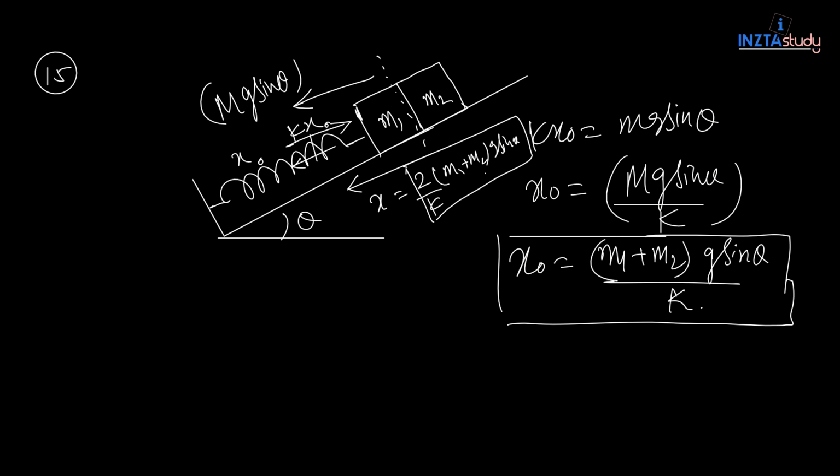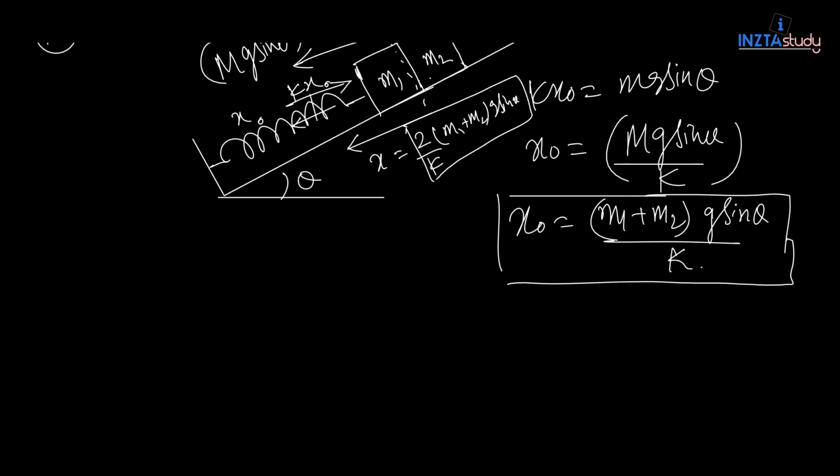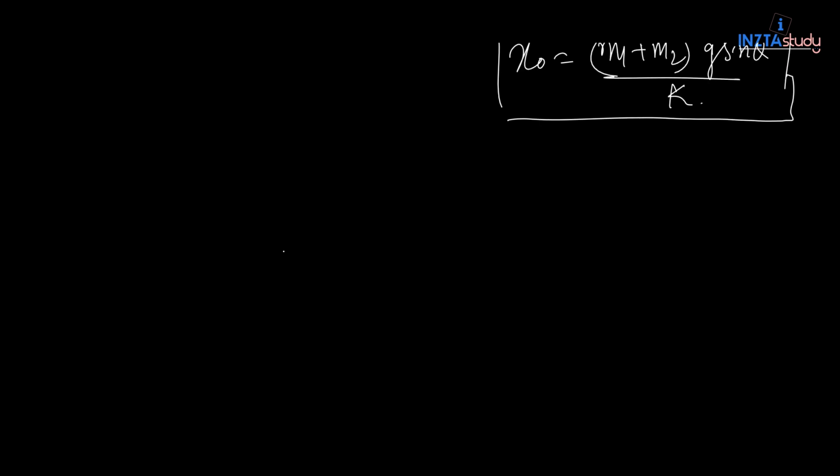Here it is asking to find the position where the two blocks separate. So m1 will separate from m2 at what location? Let us look at the situation. This is m1, this is m2. They have some acceleration. So if m1 is having an acceleration a in this direction,